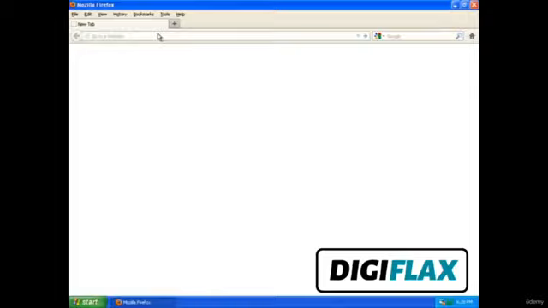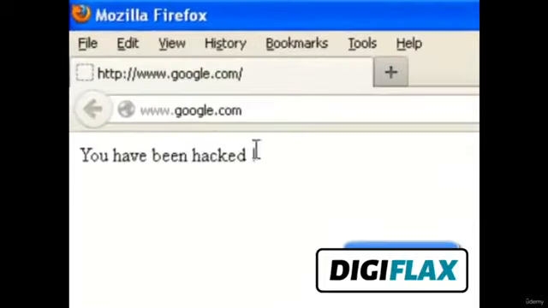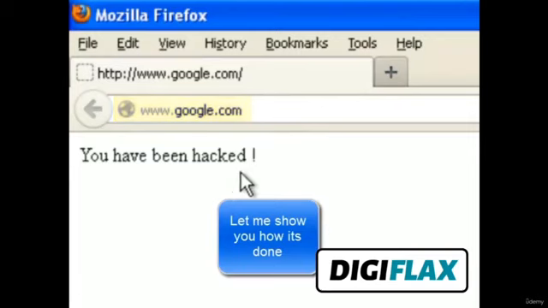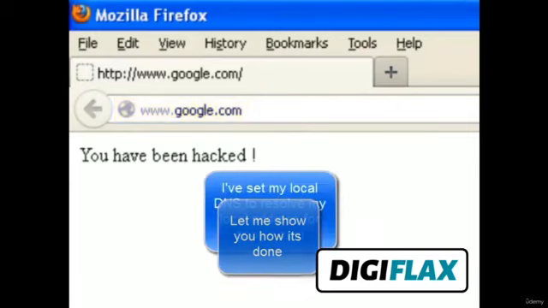So let's go to google.com. It says you have been hacked. Amazed? Obviously. As you can see, we are at google.com and it says you have been hacked. So how is it done?